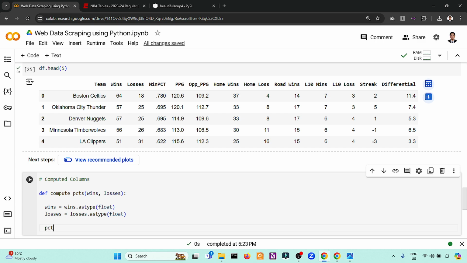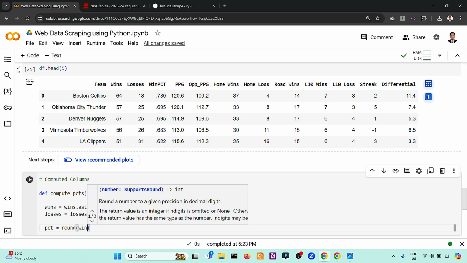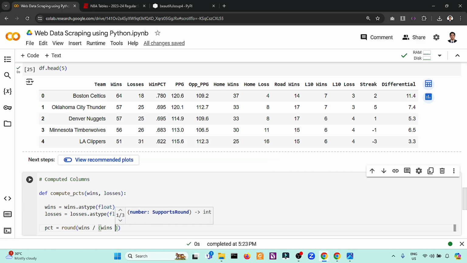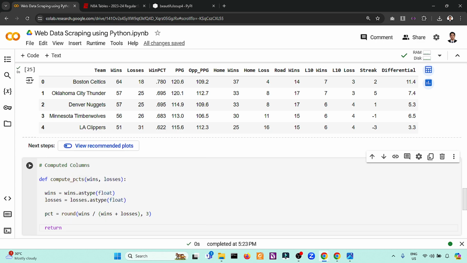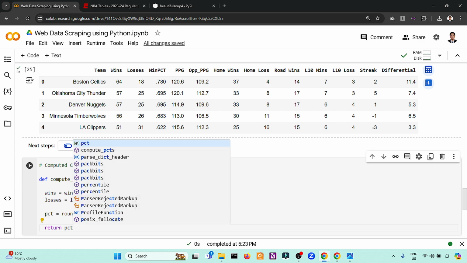So to compute the percentage, we want to round the wins over the sum of the wins plus losses in 3 decimal places and return the winning percentage.